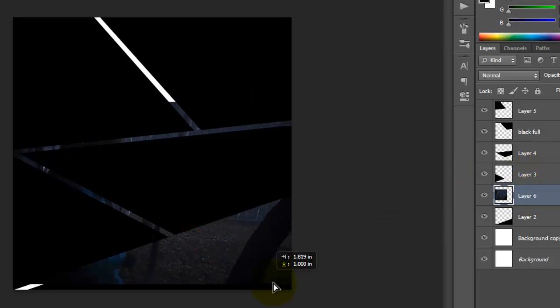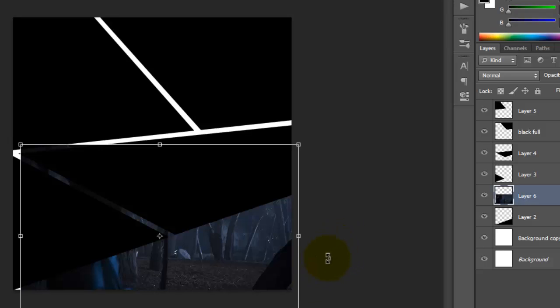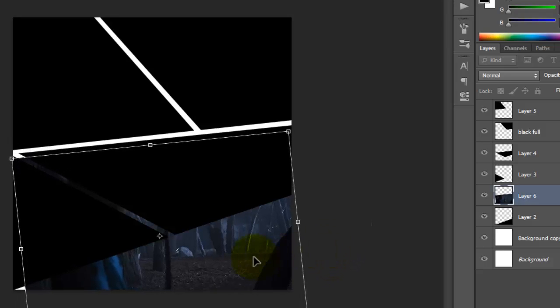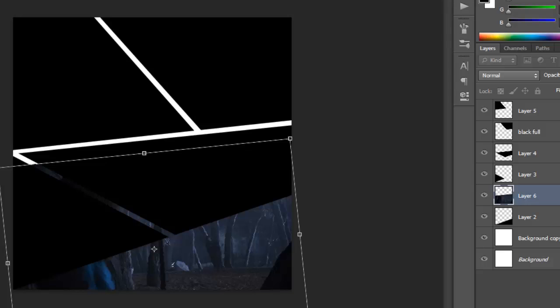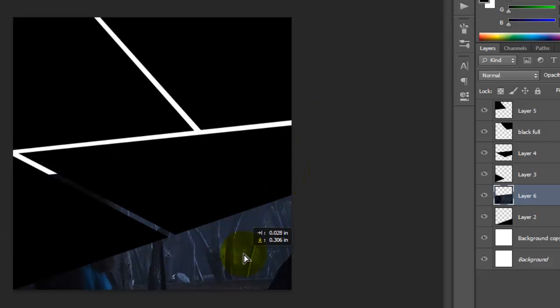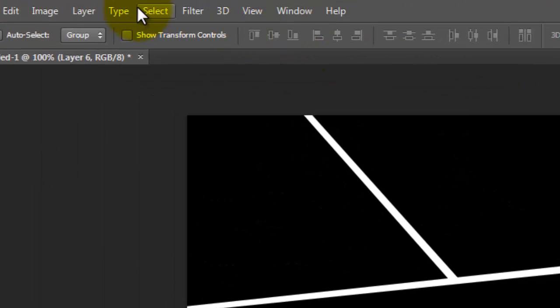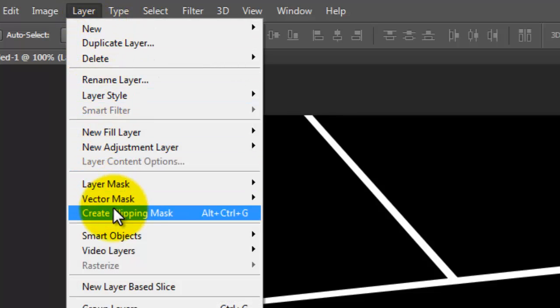And then I move the image as much as I can before I use the clip mask. And I rotate it just slightly, just to give it a little space. Then I resize it a little bit, so it could cover, just like that. And then this is the coolest part that you're going to love, is you go to Layer, Create Clip Mask,